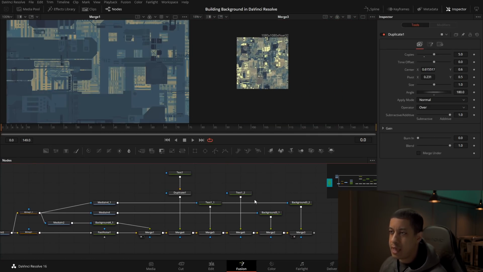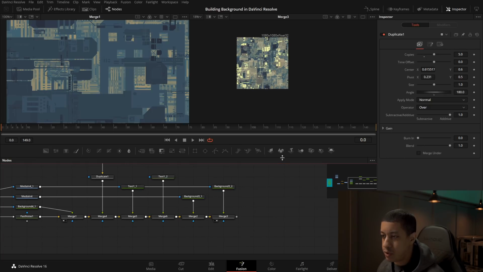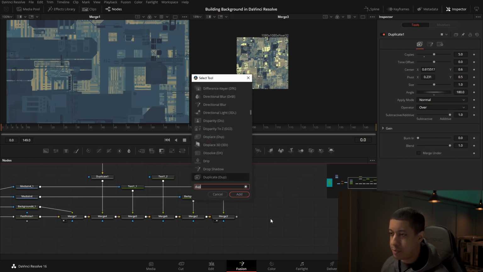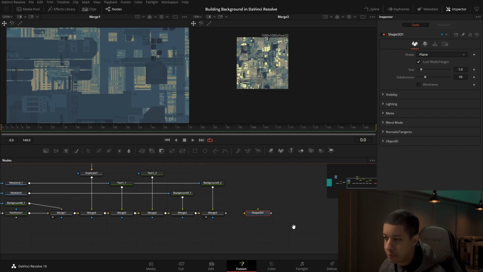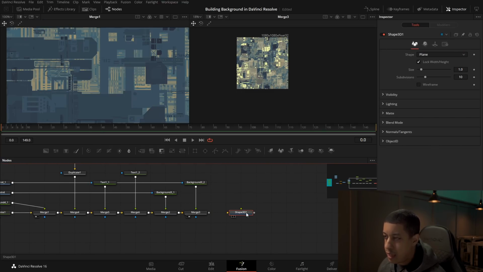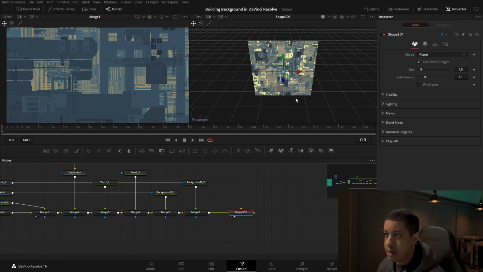Now, let's say we have our texture set up exactly how we want it. So then the next thing we need to do is take this into 3D. To do that, we're just going to make this on a plane. So we can just simply grab right here and pull a shape in. And we have it on a plane, and we can drag this right in. And that's just going to be added as a material, right?